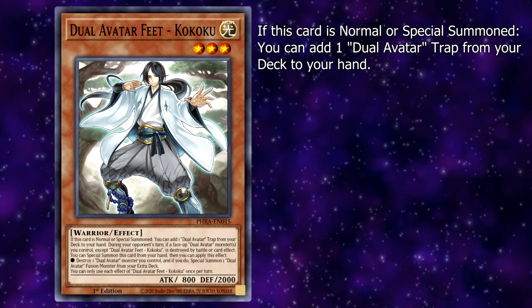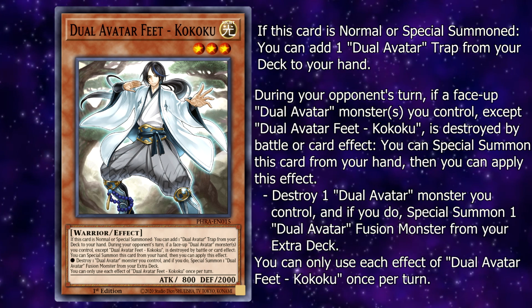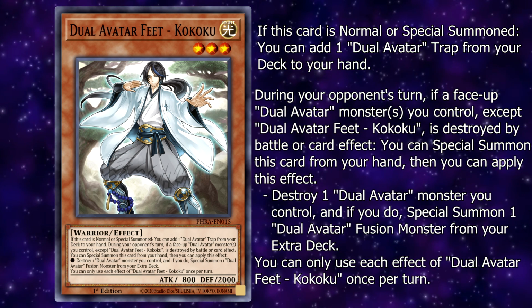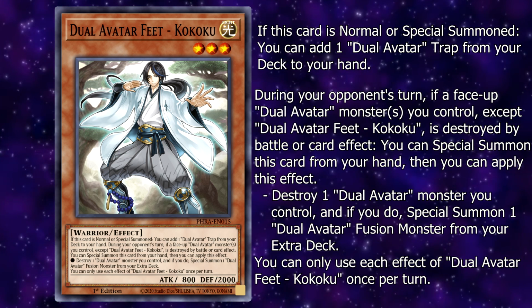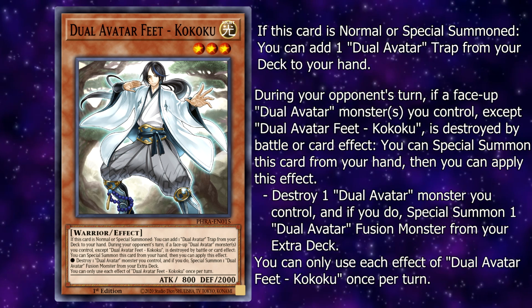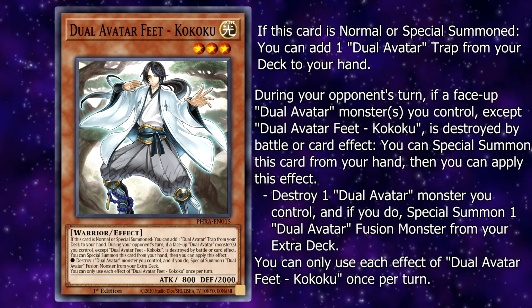Now moving on to Kokoku, he has the effect where if he is normal or special summoned, you can add one dual avatar trap from your deck to your hand, and then during your opponent's turn, if a face-up dual avatar monster, so it doesn't have to be a fusion monster, that you control is destroyed by battle or card effect, you can special summon this card from your hand, and then apply the following effect. Destroy one dual avatar monster you control, and if you do, special summon one dual avatar fusion monster from your